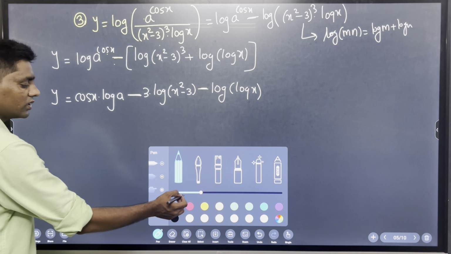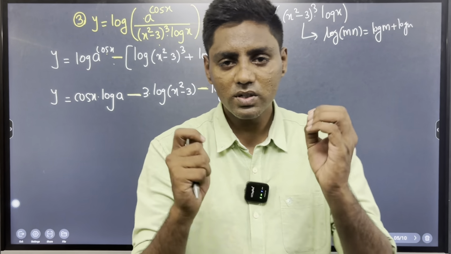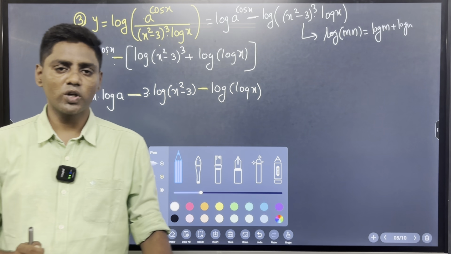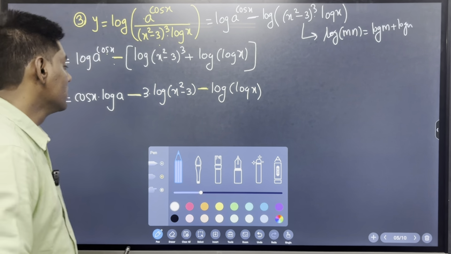So again, by using all three properties, we make this a very simple form, and after that just apply the laws of derivative. Log of x, that is 1 upon x, and the last one, that is the derivative of x raised to n. So differentiate